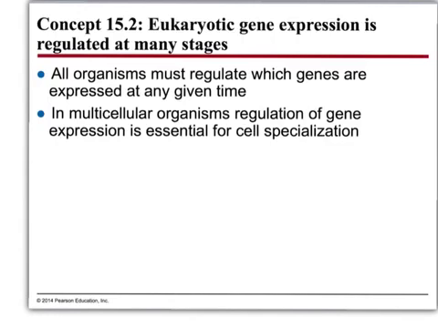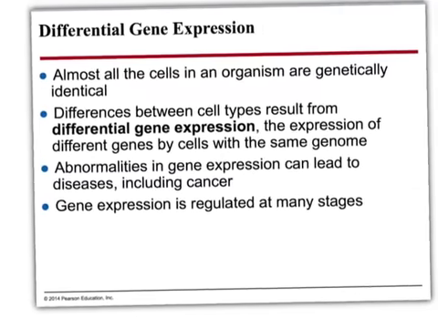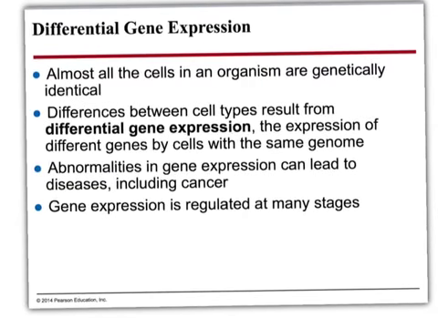All right? And we call that differential gene regulation or differential gene expression. All right? And the differences between cell types, right? The expression of different genes by cells with the same genome. All the cells of your body have the same genome, the same set of DNA instructions, right, that code for all the proteins that could be made in your cells. All right? Some genes are what we call muscle specific. They're only present in muscle. All right? Some are cartilage specific, right? Some are only found in certain tissues,